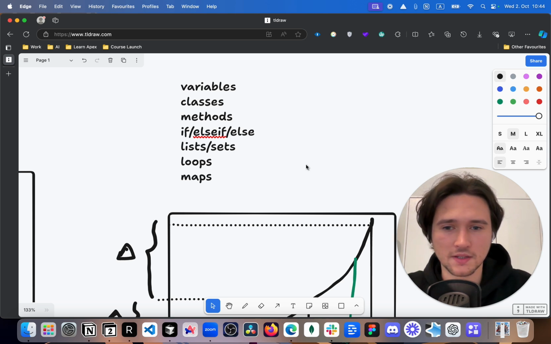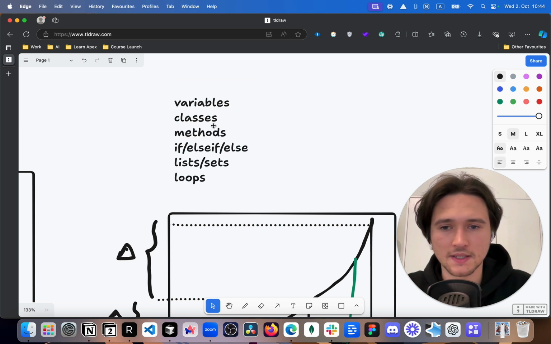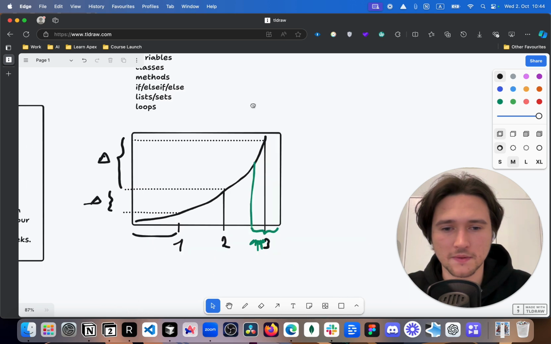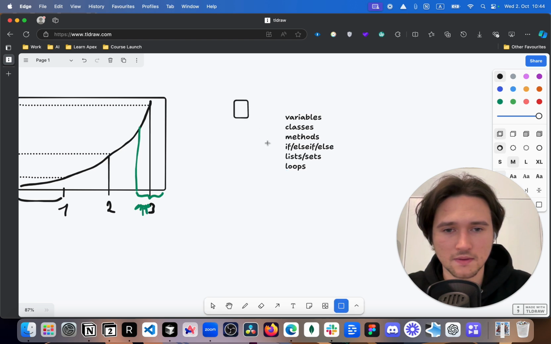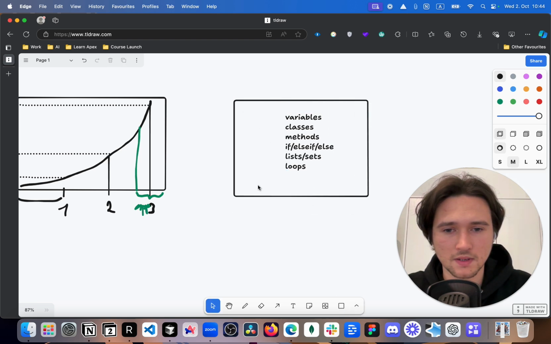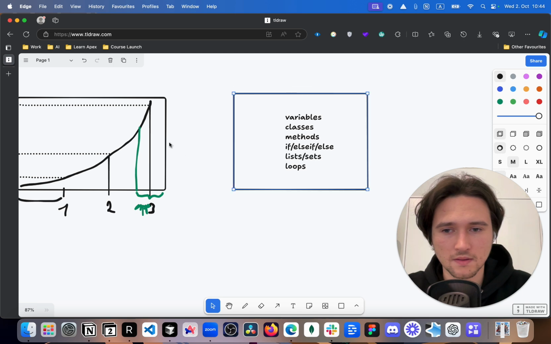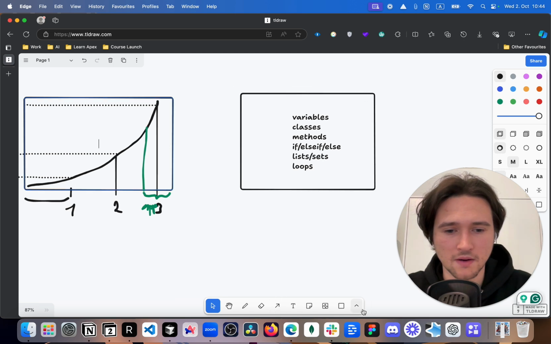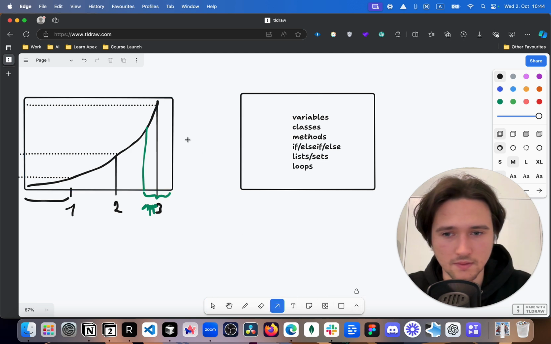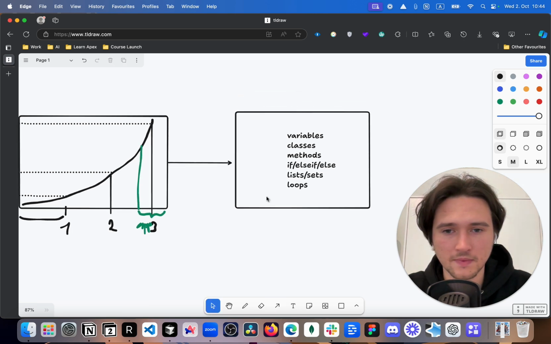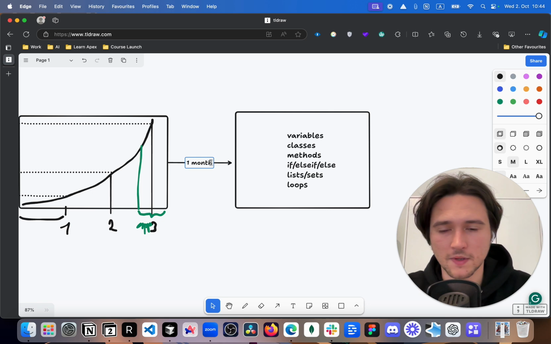So what I usually do is that I separate this. This is going to be the first month, right? So let's make it here. Let's make it like this. Do they have some kind of arrow here? Oh, look at this. Awesome. So this is going to be the first month.